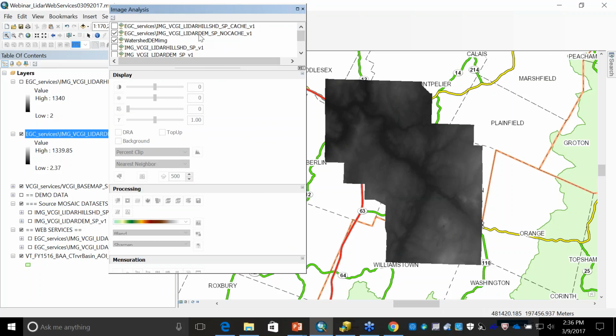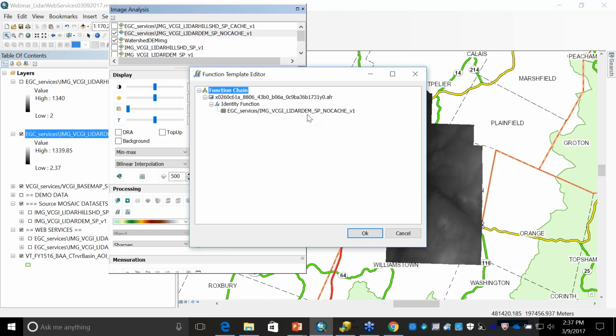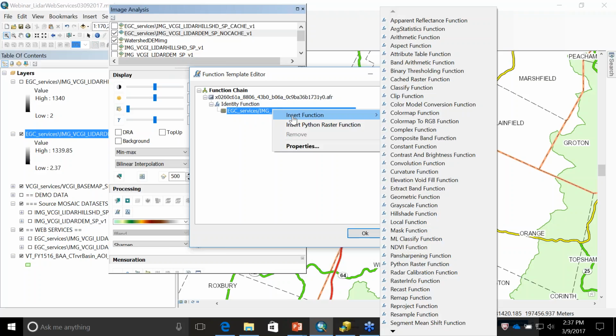You have to select the one you're working with here. You'll notice under processing, you'll see these functions. Okay, there's a function template. We're only going to work in the functions right here. And you can see what's happening is it's called a function chain, okay? And right now, this is the base service here. We can insert a function to work on top of that data set to, as you can see, there's, I think, 35 of these, to get aspect,